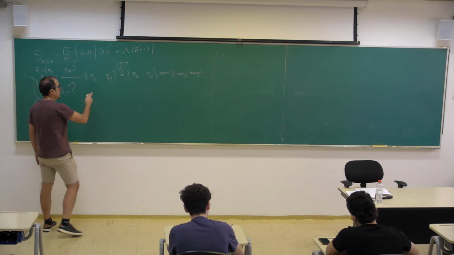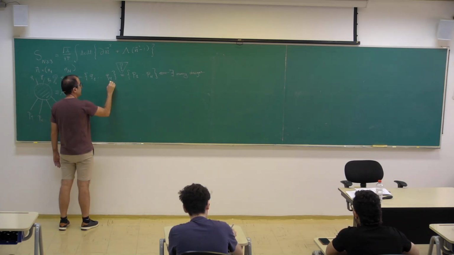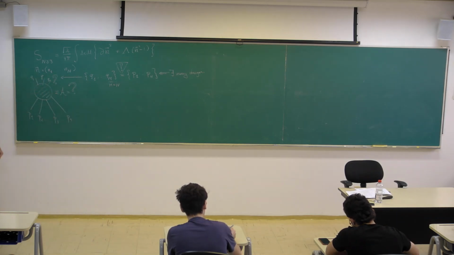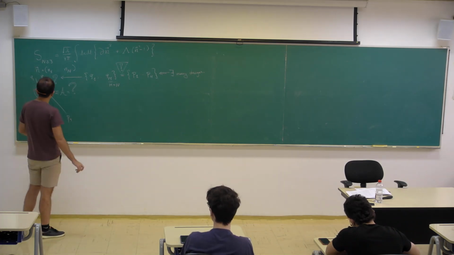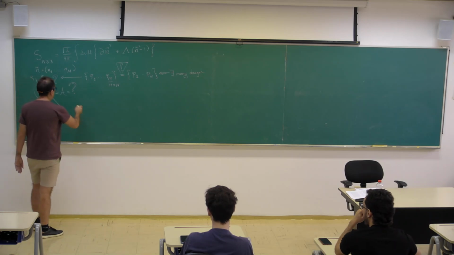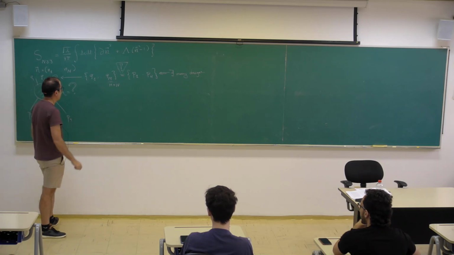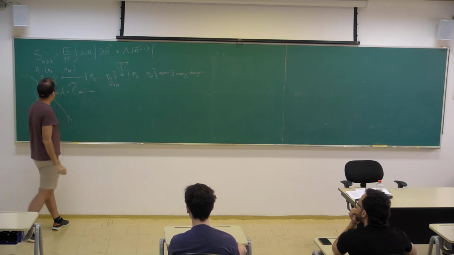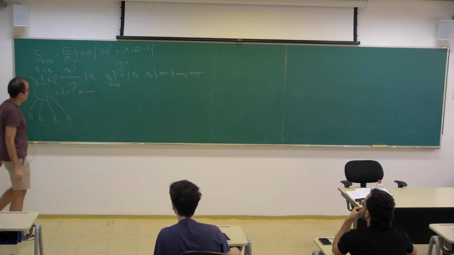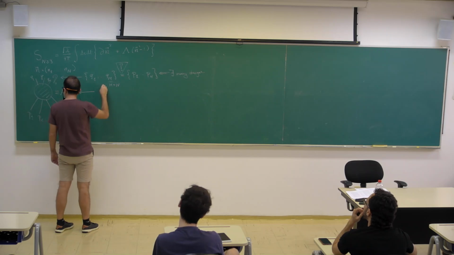In particular, you see that it implies that this m needs to be equal to n, and that the momenta need to be the same. Of course, they could be permuted. Maybe you get P1, P3, P2 going to P1, P2, P3, but the set needs to be the same. And this leads to the answer to the second question: when these charges exist, these amplitudes can be thought of as a sequence of two-body scattering processes.